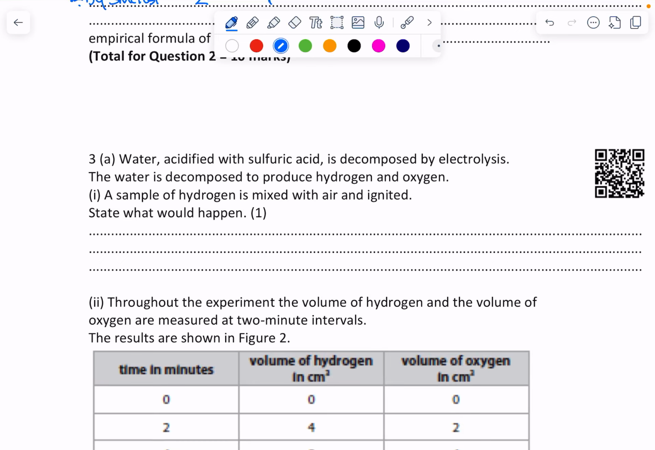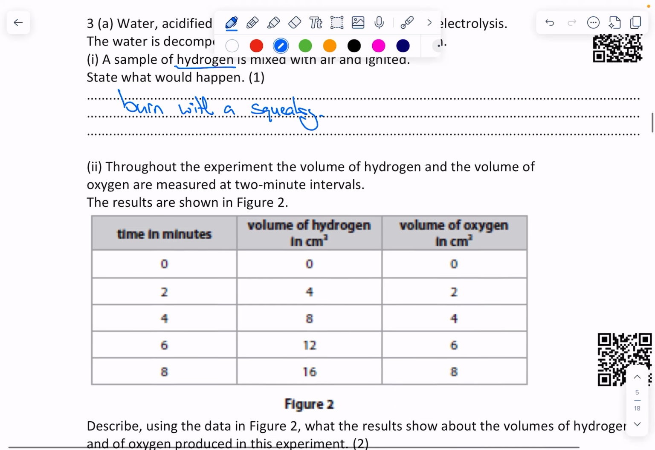So this question depends on you knowing the core knowledge around testing for gases. In this case, it's hydrogen. And if we ignite hydrogen when it's mixed with air, it will burn with a squeaky pop, making a squeaky pop sound. Okay,